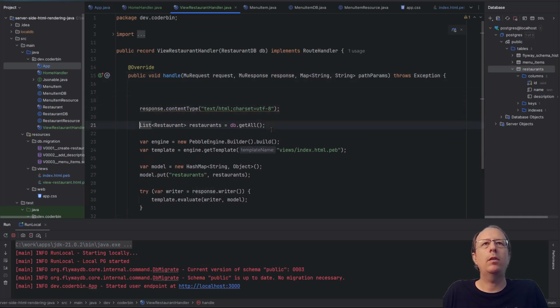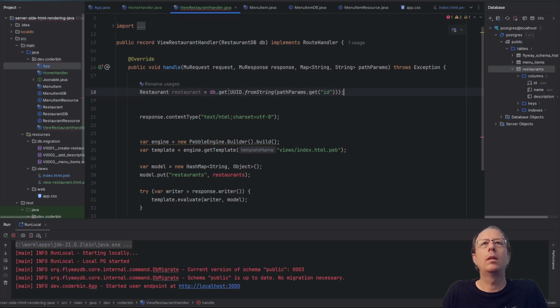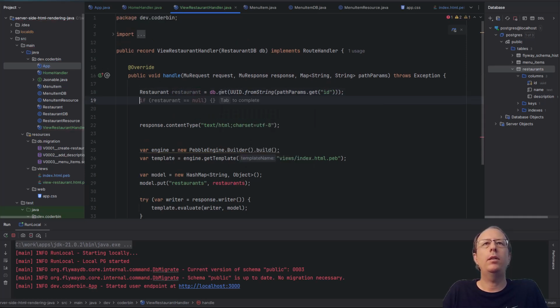So this time, instead of loading all the restaurants, we just get a single restaurant. And we can get that from the path parameter. So that is a single restaurant. This will return null if there is no restaurant with that ID.